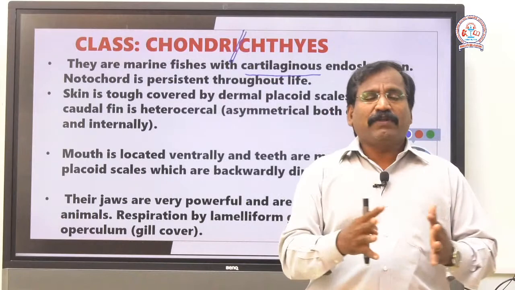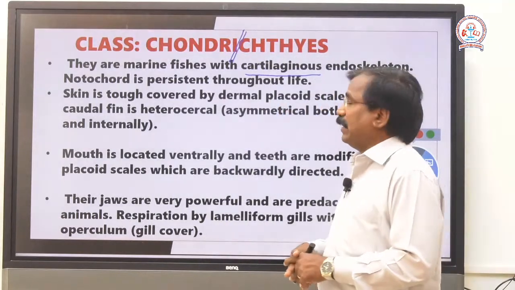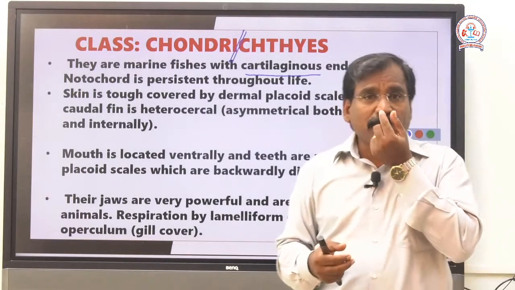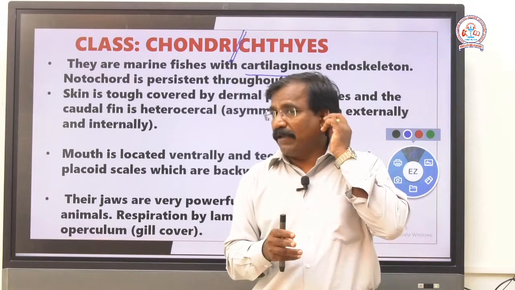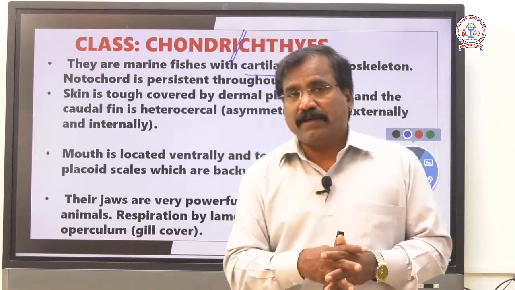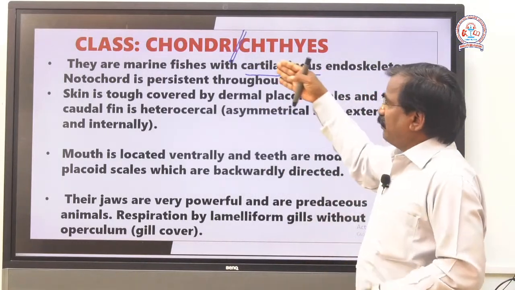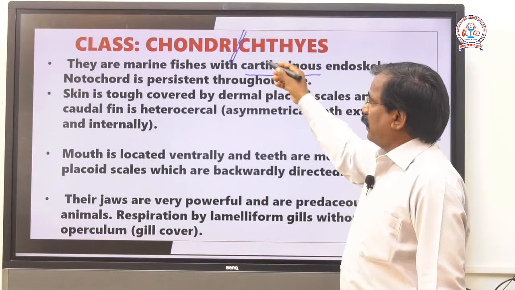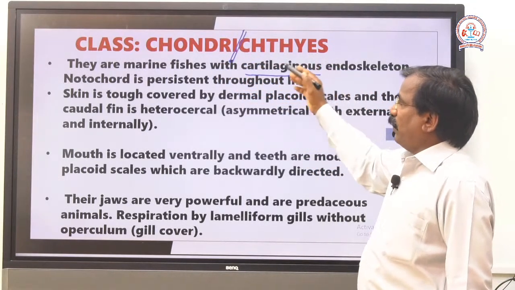Cartilage is soft and flexible, like the ear pinna and the tip of the nose. The endoskeleton of these fishes is cartilage, that's why this class is called Chondrichthyes. All are marine,